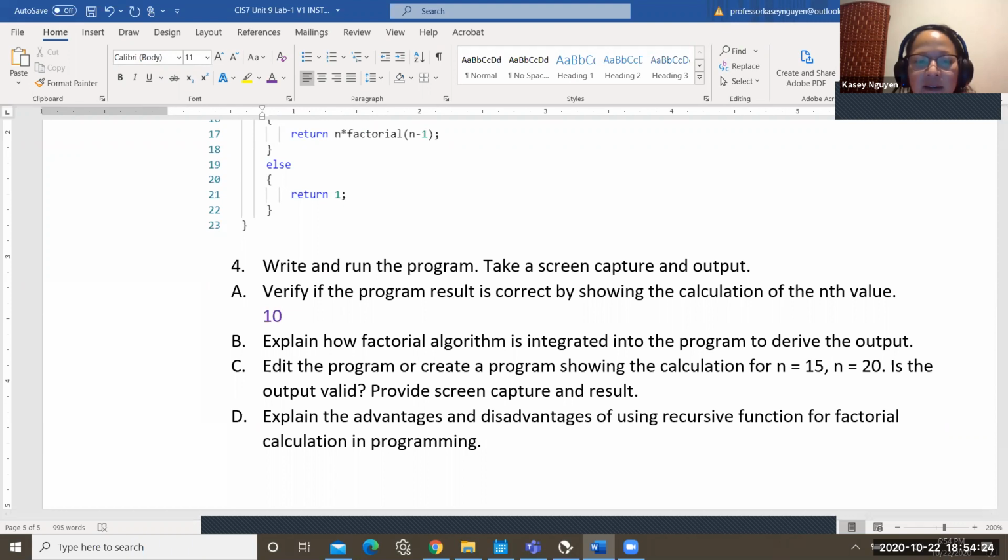Since I used a 10, factorial of 10 is going to be equal to 10 times 9 times 8 times 7 times 6 times 5 times 4 times 3 times 2 times 1, like that. And as we go, we would have n minus 1, n minus 1 from the previous one, and so forth. We would continue that.